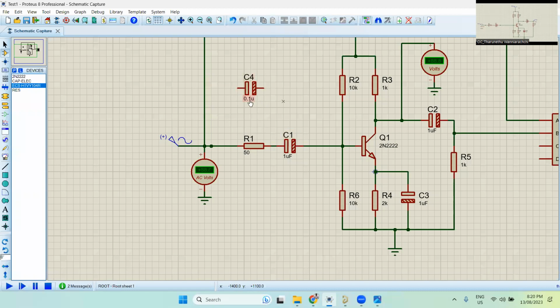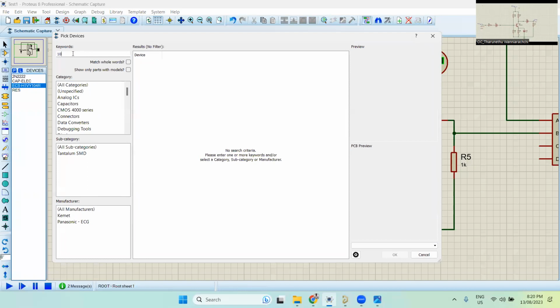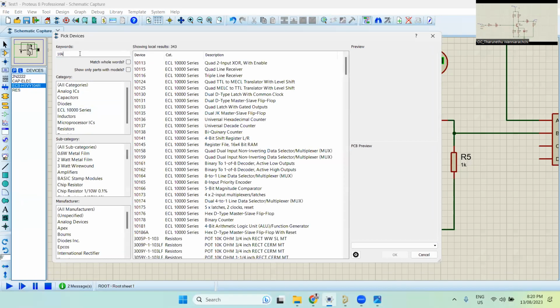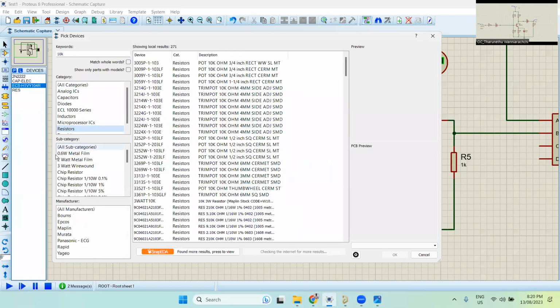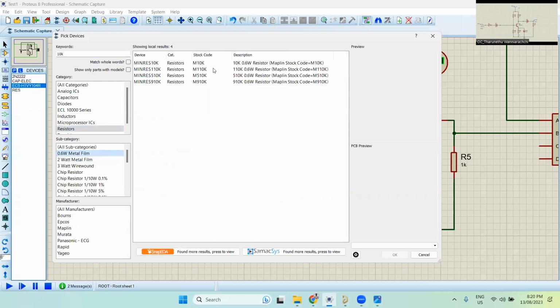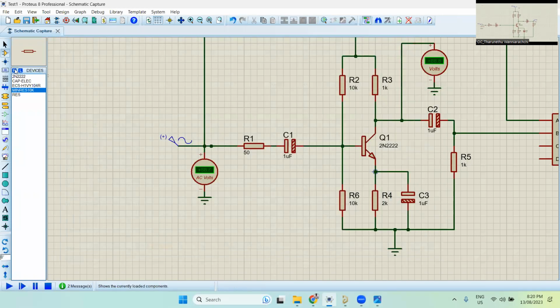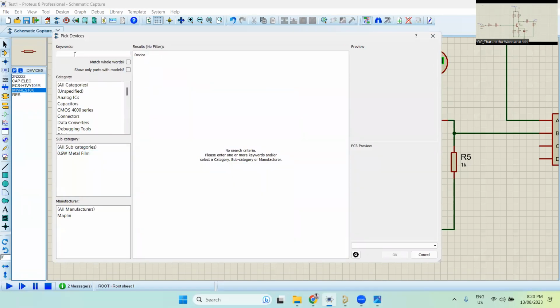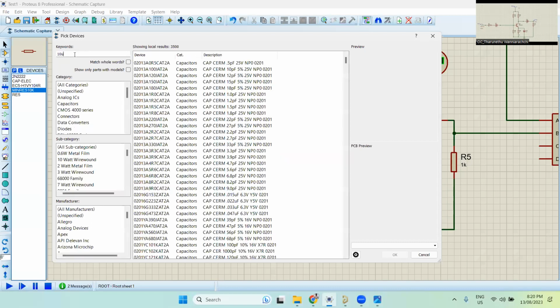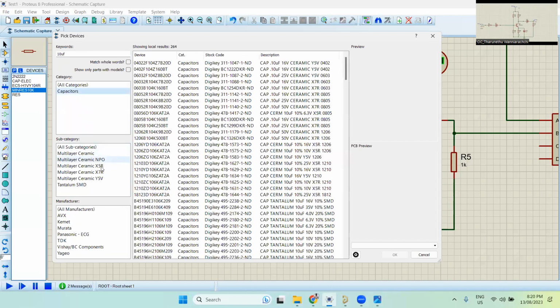Now it has a 0.1 micro, 100 nanofarad. And you can get the components by typing in the exact value here, 10K resistor. I want a 10K resistor, then select resistors, select the voltage and select the resistor. And you can select likewise. And if you want a 10 microfarad capacitor,